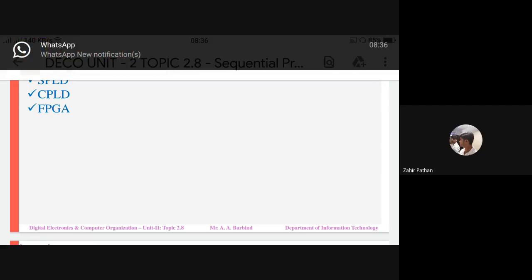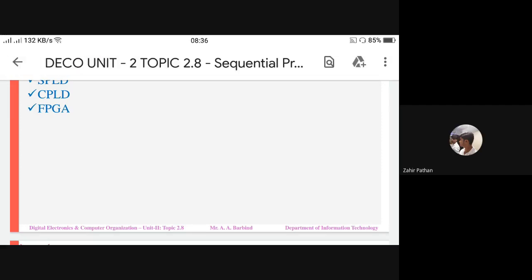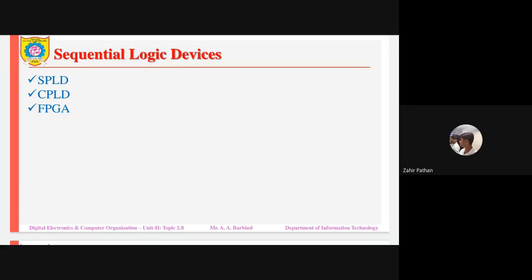Usually we connect the AND gate and OR gate together to form a multiplexer or an adder. Again, we connect multiplexer and adder together to have devices like an ALU.